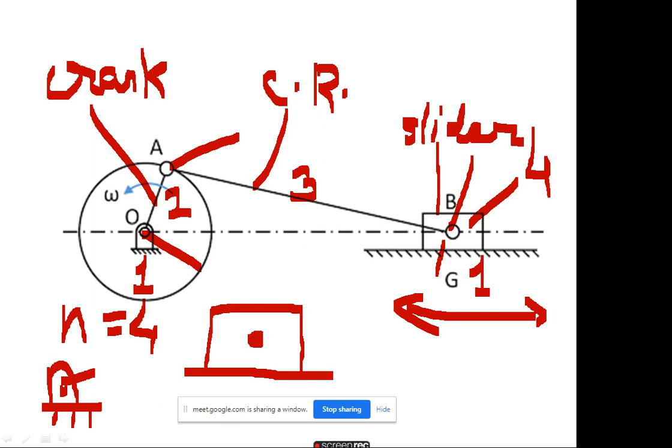But in this case this is the slider, so the slider is going to reciprocate in this direction, so it is considered as another link. The base will be different, and the top will be different. So this base is link number 1, which is the fixed one, but for the slider you have to take another link, so it becomes link number 4. And while counting you have to count the extra link here.